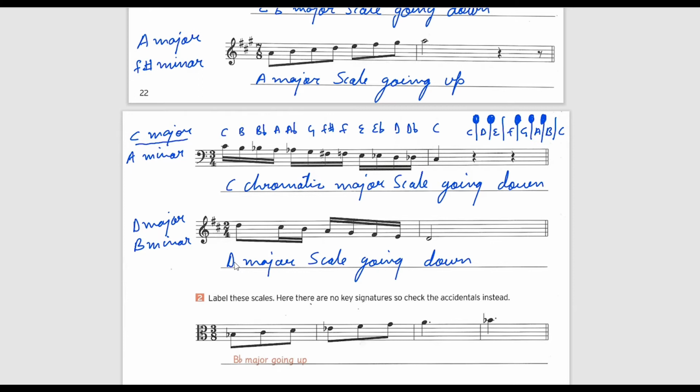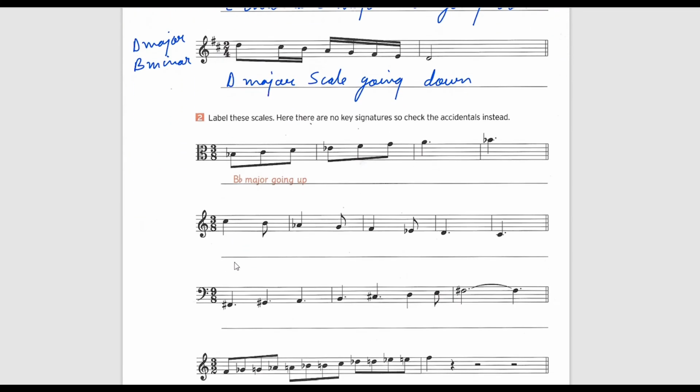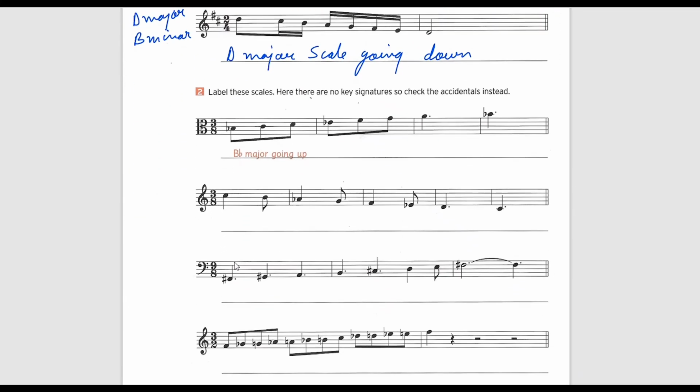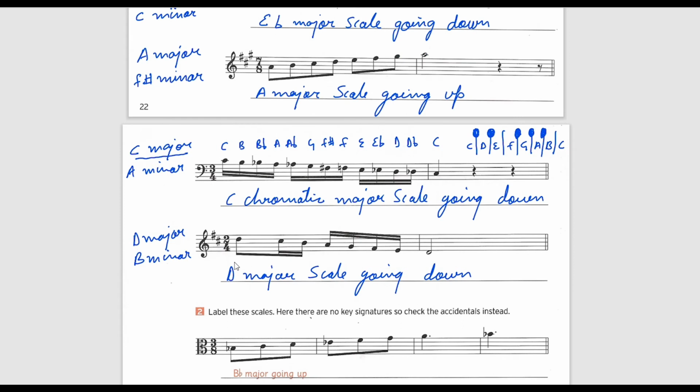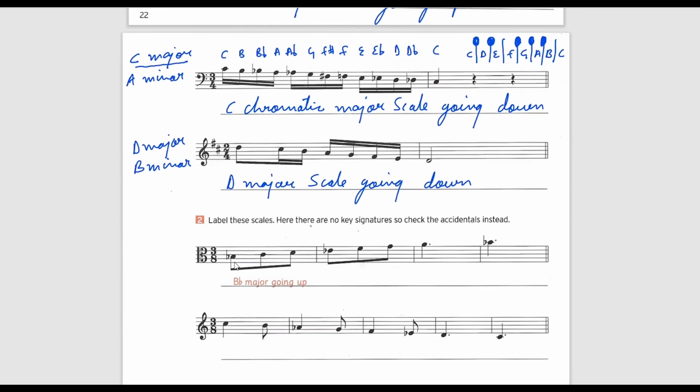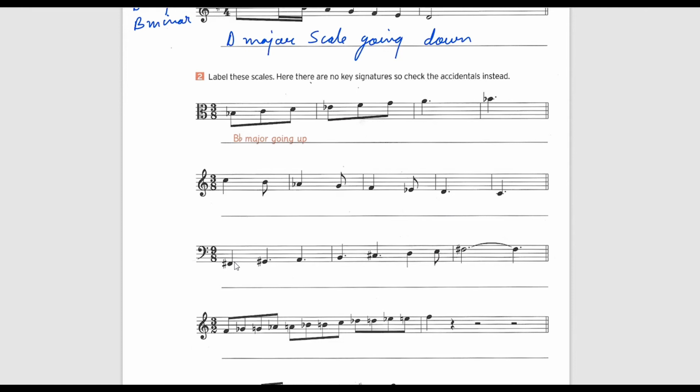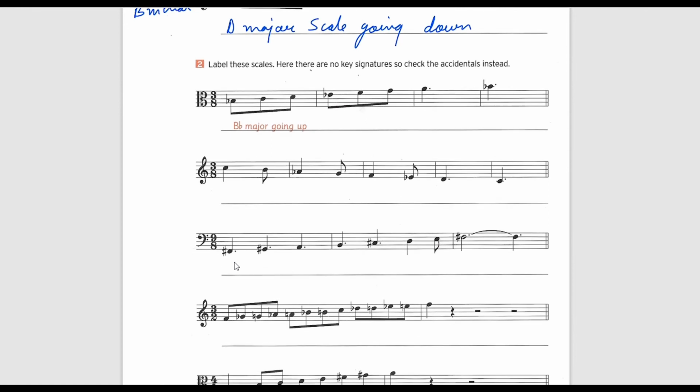Okay, let's move to the next one. Next one says labeling these scales. Here there are no key signatures, so check the accidentals instead. So we have to check the accidentals and then we have to write down the scale. Okay, there are no key signatures given here. In the above one, they had given the key signatures, and now they have not given the key signature, they have given the accidentals. So let's check